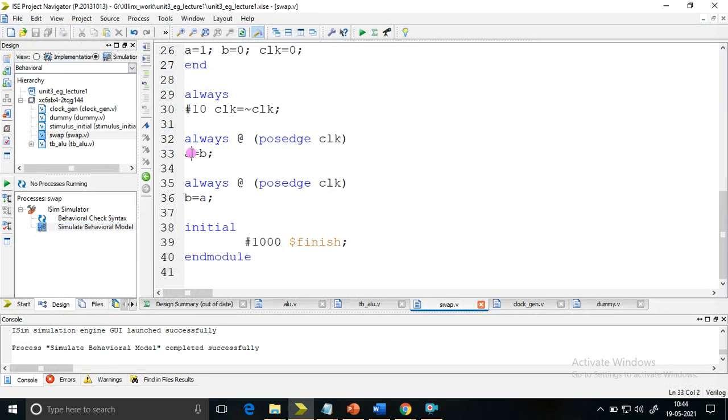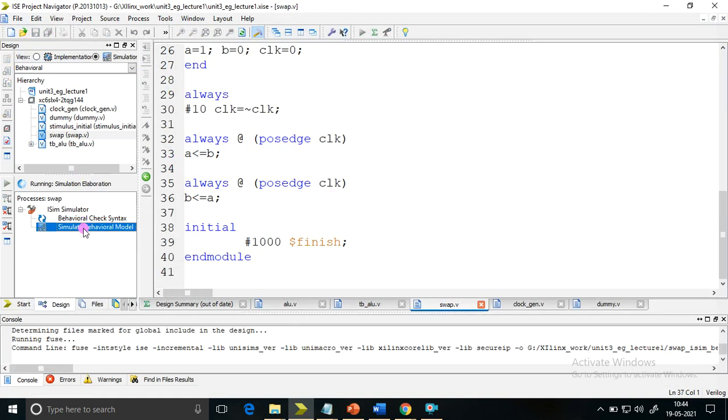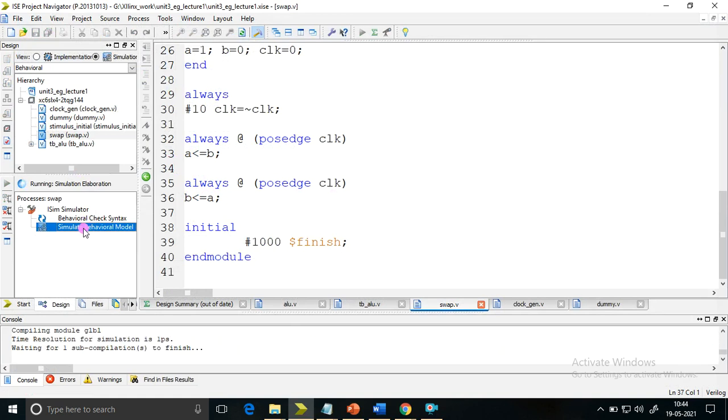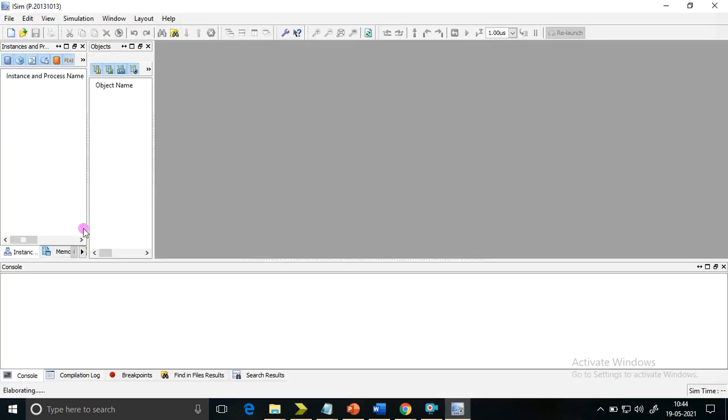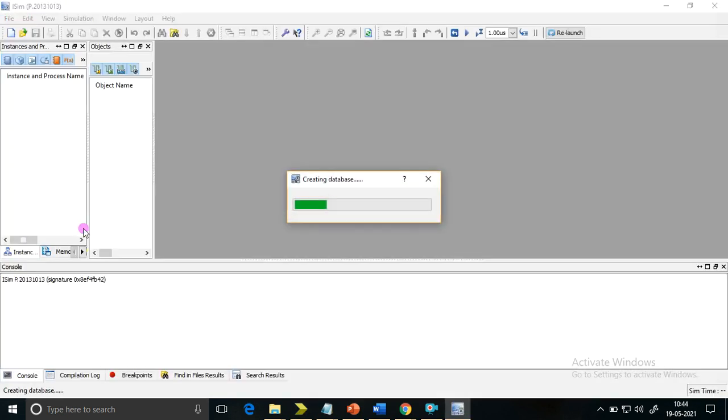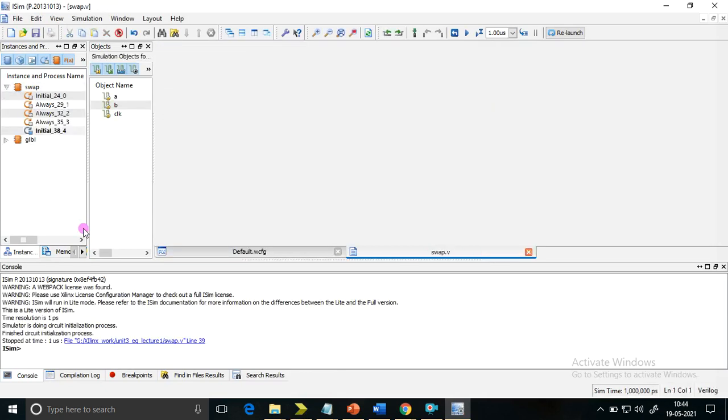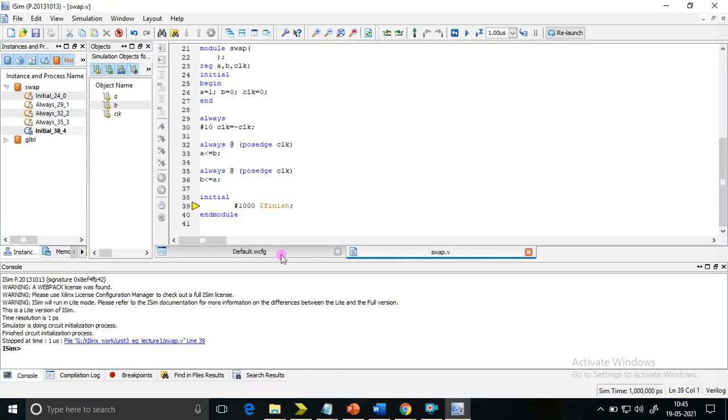Now I'll change this to the non-blocking assignment operator. I'll save it and run it. Now you can check. Wait for the simulator.